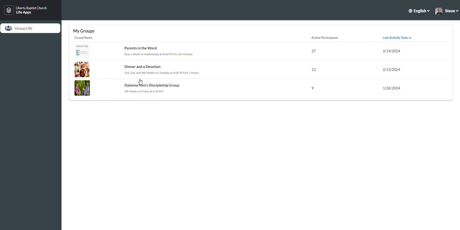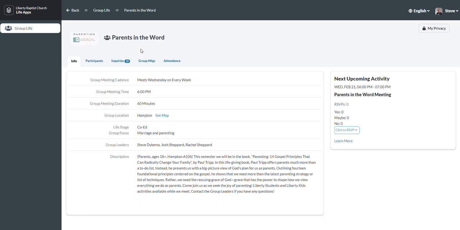Okay, so here you go. There's the groups that are listed at the landing page for Group Life app. I'm going to click this one. We already talked about the info tab. The next tab is participants. I'm actually not going to click this tab right now